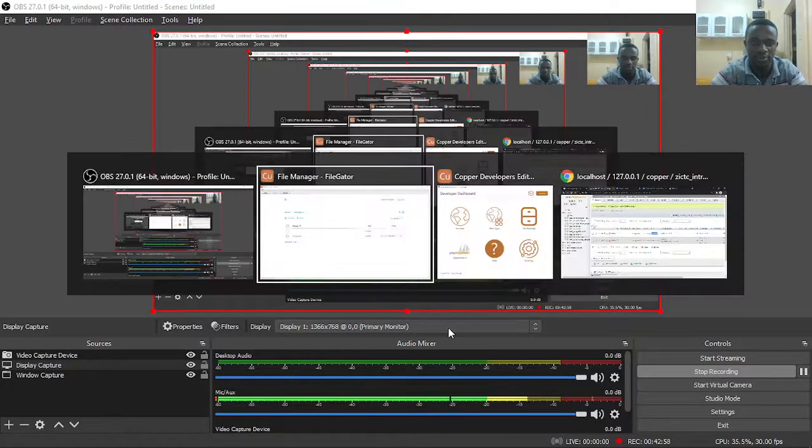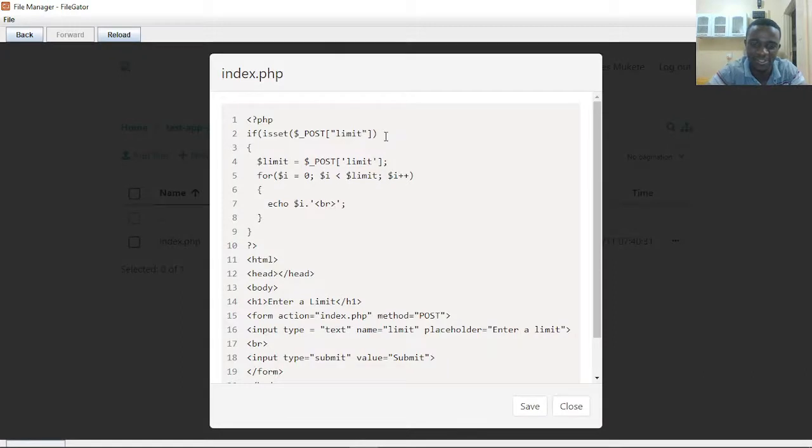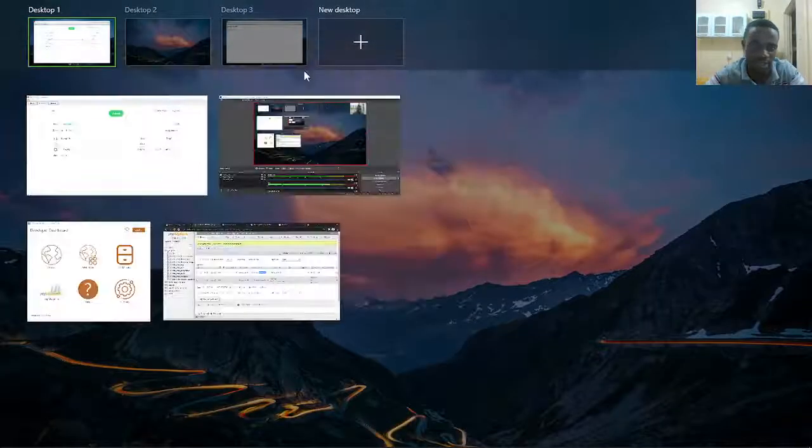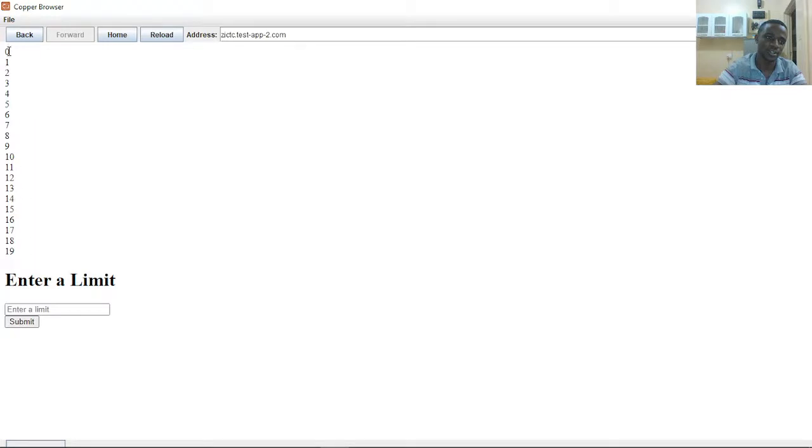Okay, so found the error. I forgot to put another bracket there. So that's where the error was. But now it actually works. So when I reload, enter a limit. Let's say 20. When I submit, it's going to print 20 items on the screen from 0 to 19. So that's how you would implement a basic